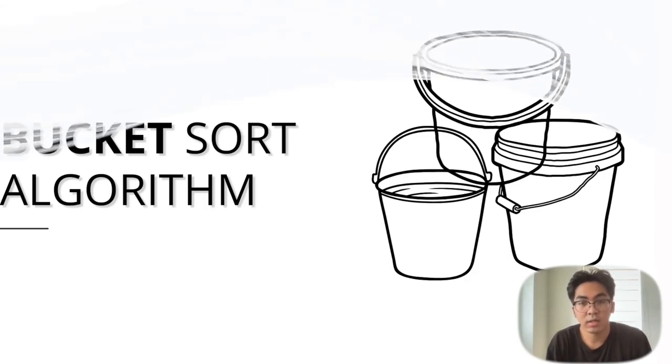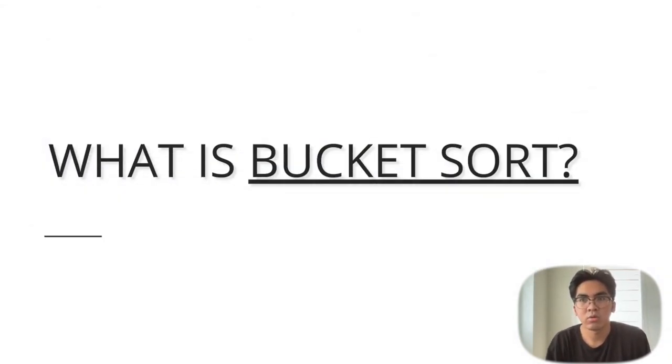So first, what is bucket sort? Bucket sort is a sorting algorithm that divides an array's elements into several buckets. It works by distributing the elements of an array to a number of buckets. Each bucket is then sorted individually, either using a different sorting algorithm or by recursively applying the bucket sort